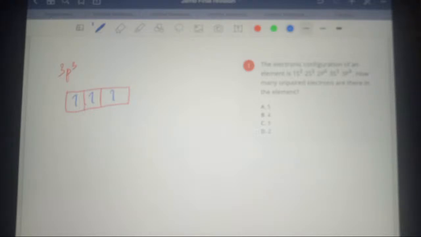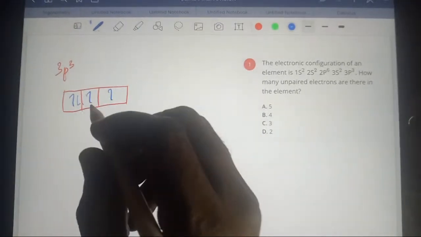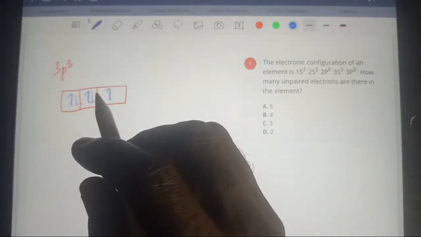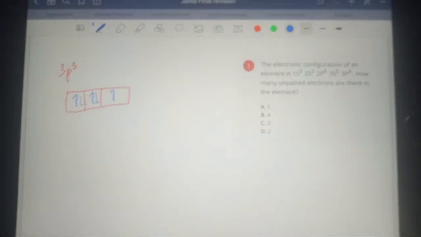So unpaired orbitals are orbitals that contain only 1 electron. Remember, each orbital has the ability to hold 2 electrons at the maximum. So when it contains 2, we say it is paired. Let's assume after the configuration it is like this, then the answer becomes it has 2 unpaired electrons. But for 3p5, for example, if they ask you how many unpaired, the answer is 1. But to this question, the number of unpaired electrons is 3, as you have seen now.